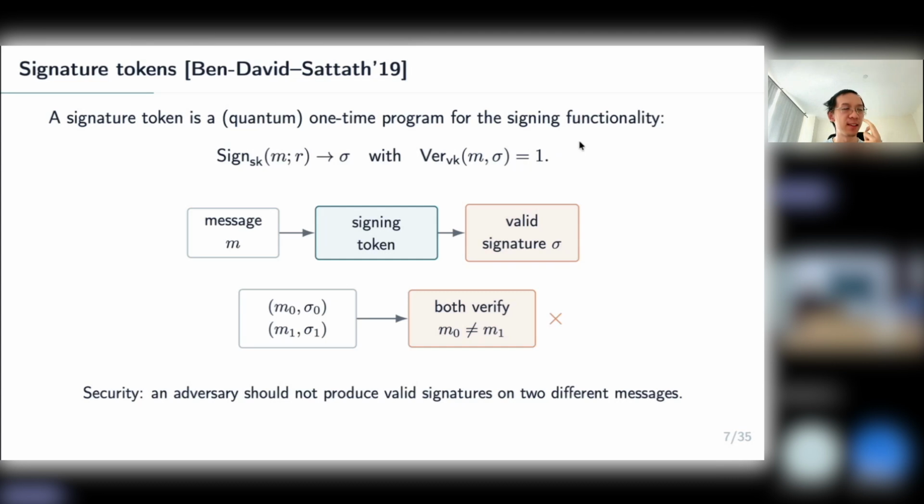Yeah, so first of all, one-shot signature is a different primitive that came after signature token. And second, the difference is that in a one-shot signature, the security should say that nobody can produce two valid signatures, even for the person. So there is not a signing key. It just says nobody, even if you have the signing key, can produce two valid signatures. Here, there is a classical signing key, and if you have the classical signing key, you can produce as many signatures as you want. But if you only have a token for the signing key, then you can only produce one signature. So that's the main difference.